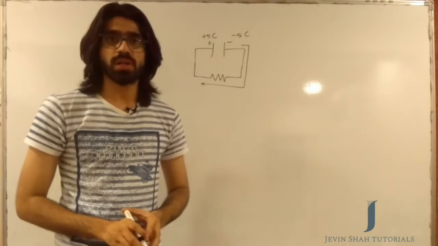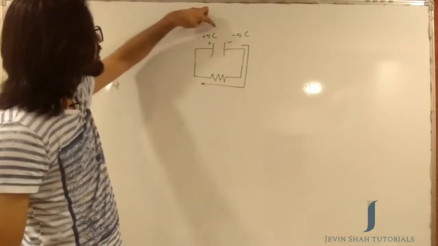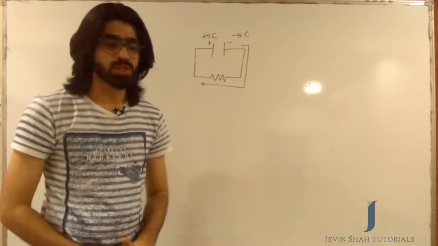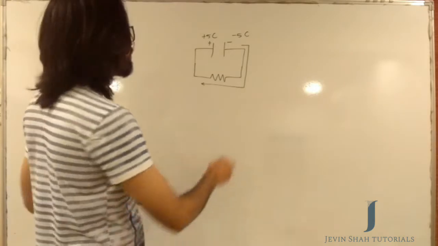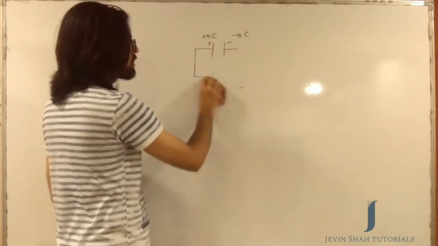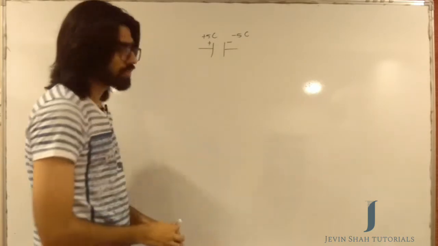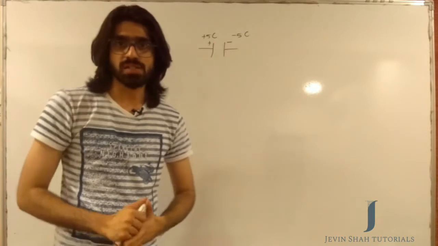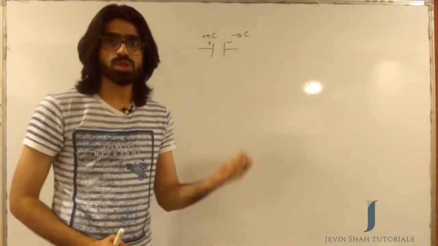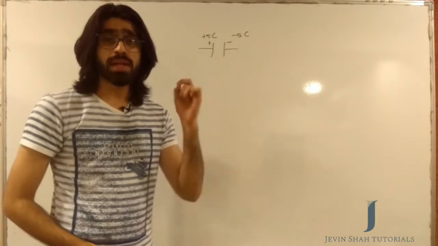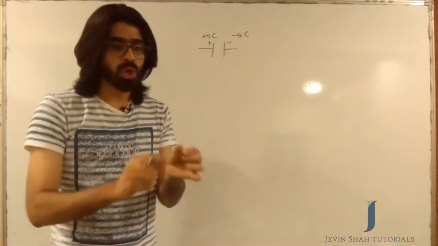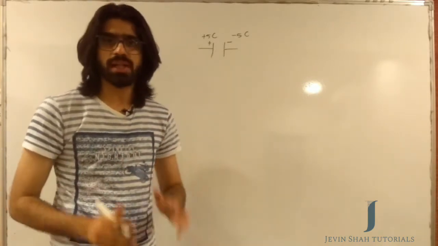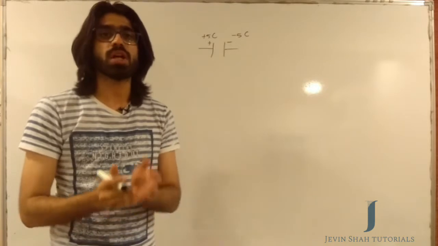All in all, what I want you to understand over here is that a capacitor is something which is used for storing electrical charges, and this is how it stores electrical charges. An obvious question in your mind at this point of time would be, when the resistor was not connected, what was stopping the negative charges from combining with the positive charges right here? See, whenever electric current wants to flow, or whenever charge wants to flow, it needs a conducting path through which it can flow. Without a wire, you cannot have the formation of current. You need a conducting path for the charge to flow from one point to the other point.